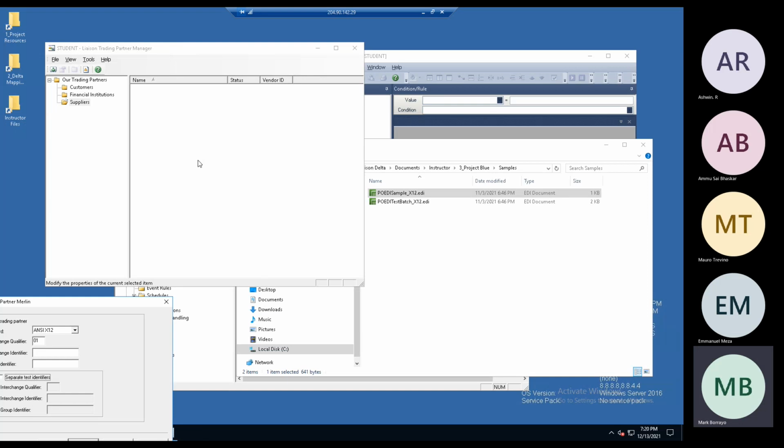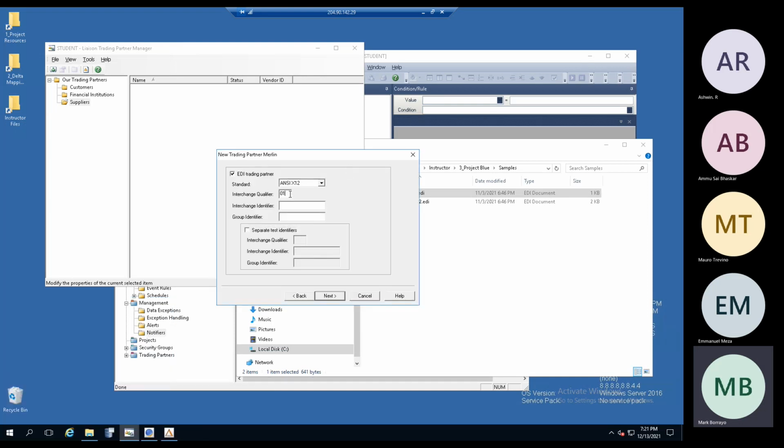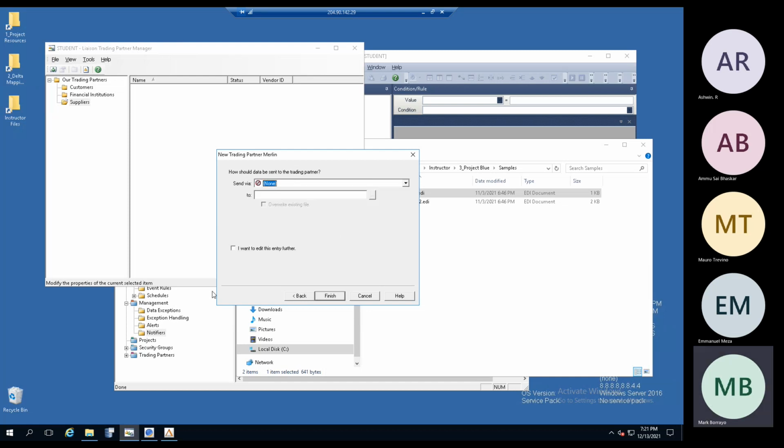So that is an X12 transaction, and that is what this information refers to. These qualifiers can vary. You'll see ZZ a lot, which basically means mutually defined between partners. This is your ID and this is my ID. 01 is a DUNS number, 07 is a phone number, and it goes on with a series of these that you can look up. I'm going to go to next, and this is where we can set